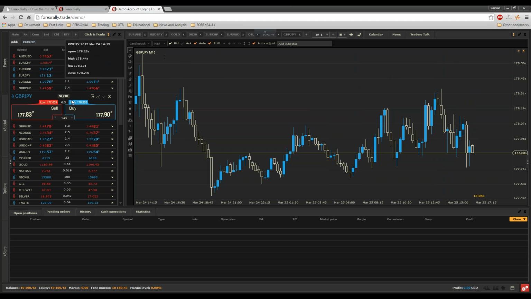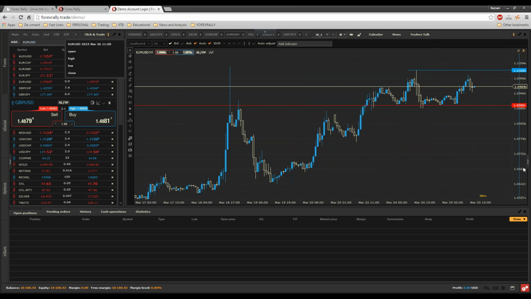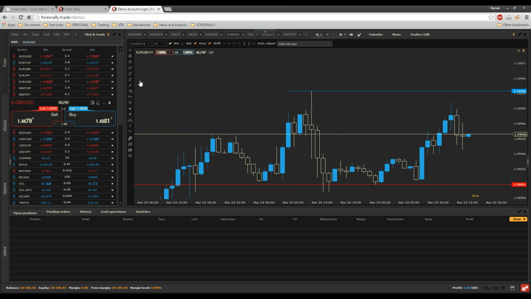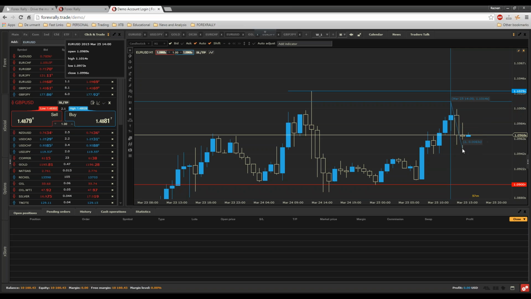Let's take GBP USD. Let's see if we have it here. We don't have it, but we can take euro dollar. Euro dollar has moved from here on 25th of March 14:00 down to here: 67 pips in 2 candles. This means that euro dollar has made around $670 for someone who sold up here and bought back down here, one lot.